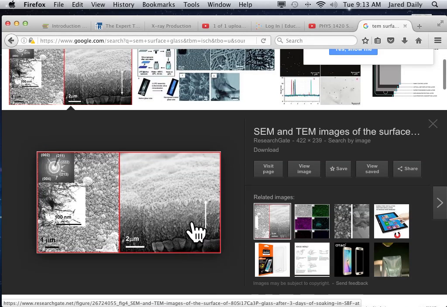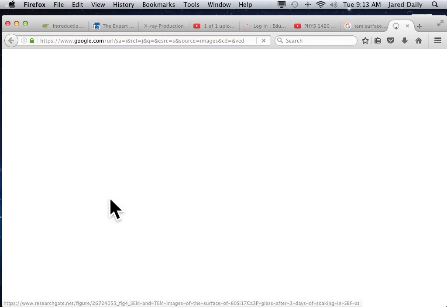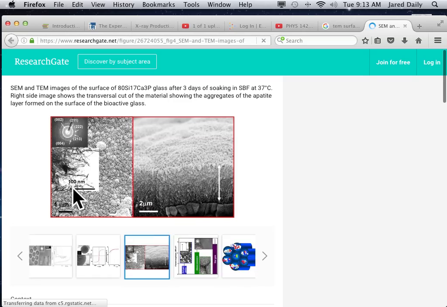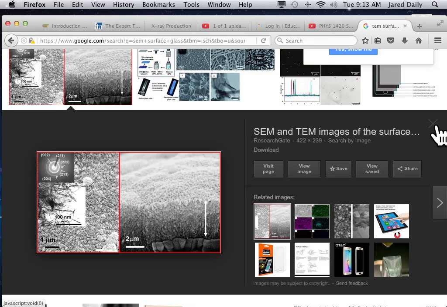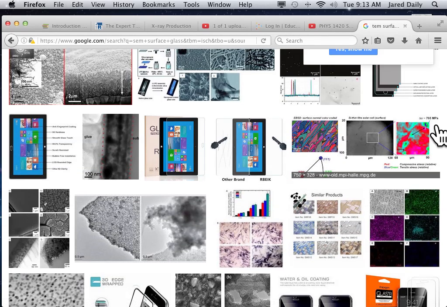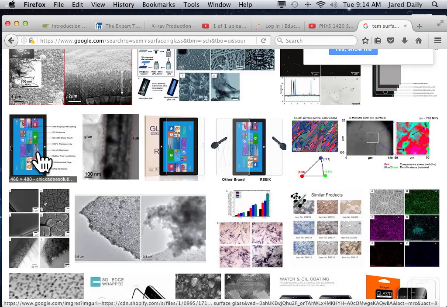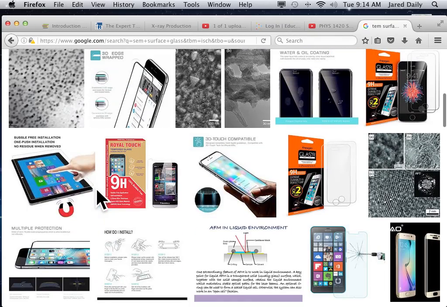And you can see things like this. Here we have the surface of glass at 100 nanometers. 1 micron, 2 microns, that's something, but at 100 nanometers you're almost seeing the actual individual crystal formations as this glass takes shape. So you can really get in close with a tunneling electron microscope. With an atomic force microscope, you can even get smaller. But that's a different type of technology and detection. But anyway,